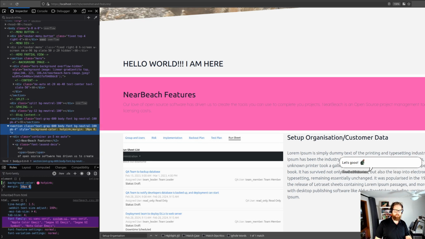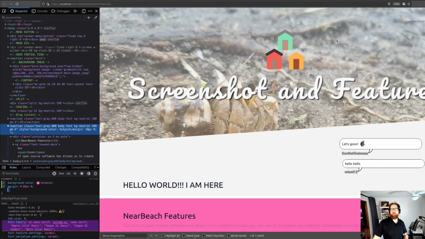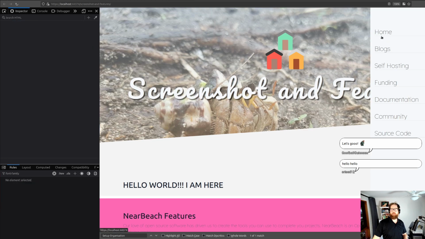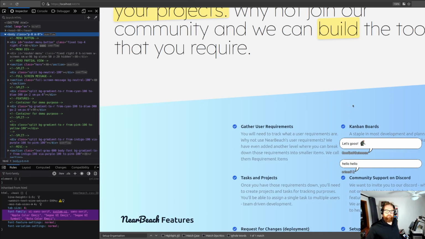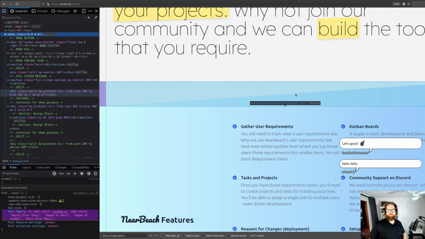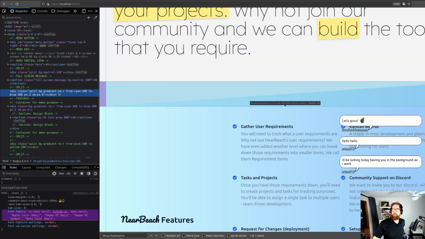10 pixels and 0, something like that, just to give it that sort of break up. Even then, that doesn't really work. If we actually go to the home page, you'll notice that on the home page, I've got these little diagonal type of things. And to get that effect, it's really, really simple. I've just got a split in there. So this particular split,